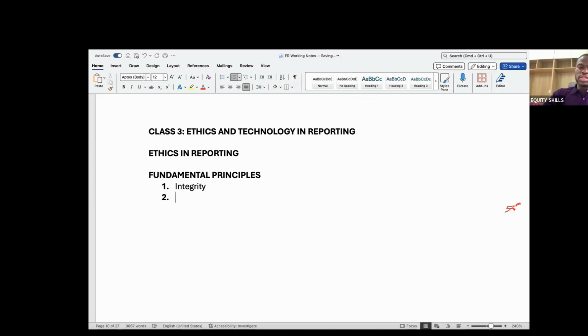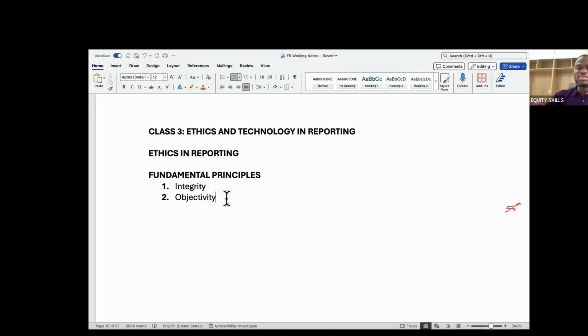Number two is objectivity. I'll be teaching you a lot of standards, and we're not just teaching you for fun. We are teaching you so that you will know it, use it to pass your exams, and also apply it in your workplace. All these accounting standards are very sensitive in the sense that you have to comply with them. If you don't comply with them, it becomes an ethical issue. So, to ensure that you comply, it requires you to be objective.